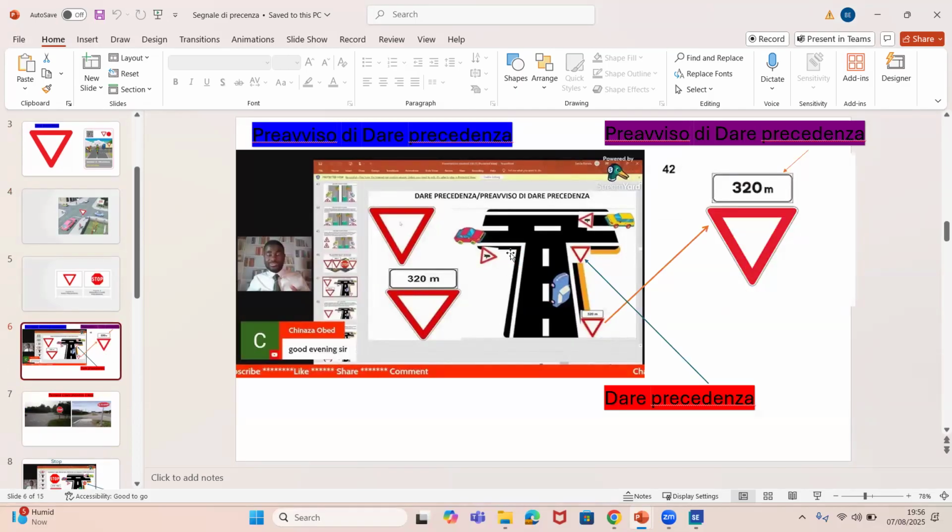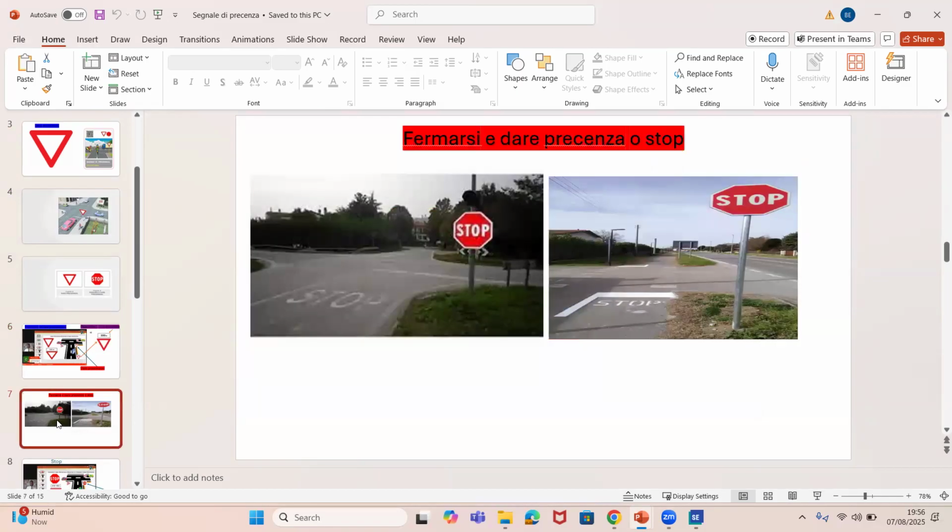Now, before I explain this one, let's check one more thing. You are seeing something like this. Look at this kind of situation. They wrote a STOP. If you look here, you don't have good visibility. You cannot even see who's coming from the left-hand side. It's not easy to see very well. That's why they put STOP. Even on this road, there's probably a curve here. It's not easy to see who is coming from there. So they are telling you that once you reach it, just stop your car and wait. Then once you notice that the road is free, you can now continue your movement.